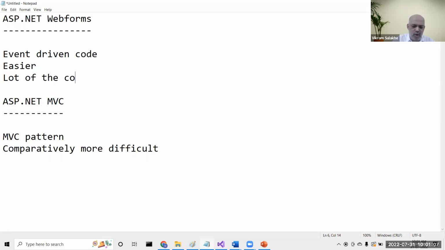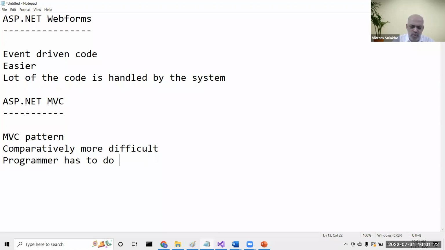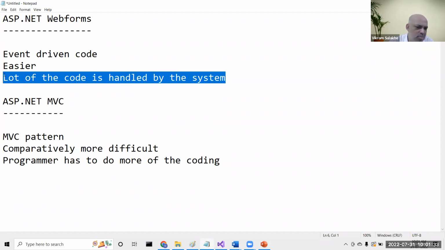Lot of the code is handled by the system itself. Whereas here, the programmer has to do more of the coding. All right. So what I'm trying to say is that a lot of the things are happening behind the scenes in the first approach. You're not aware of quite a few of the things that are happening. They're like